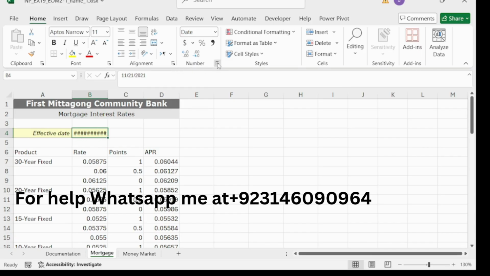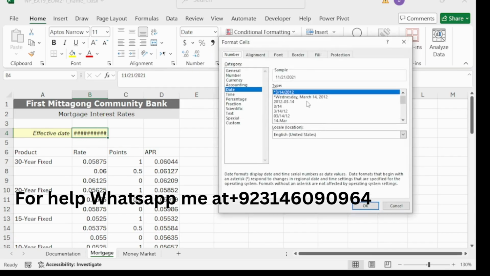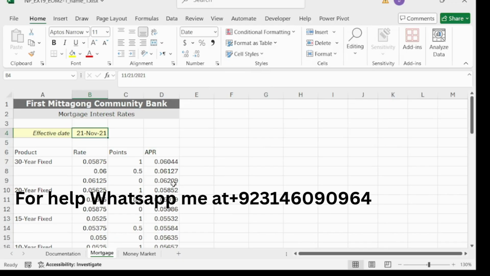So click on this icon and choose this one. Choose this one and click OK. So we have completed our 4th step here.